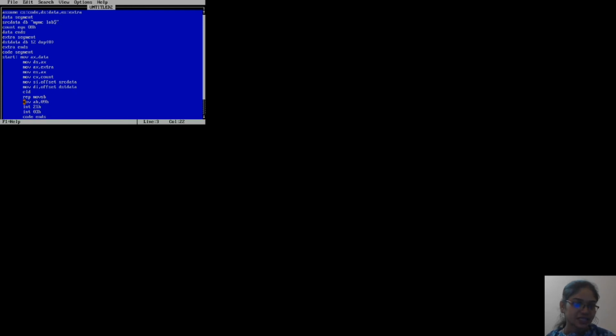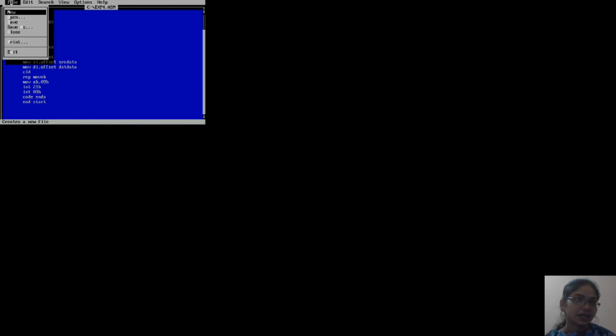The next instruction is MOV AH, 09. Through this instruction, the content 09 is moved into the AH register. These two instructions are used to terminate the program, and using code ends, I end my code segment, and end the start.